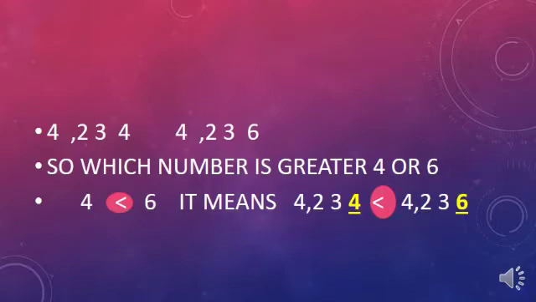So you don't have to take tension about how to compare and check the 4-digit numbers, the thousands numbers. How to check? Very easy: just compare both numbers on the same place value, then go to the next. Wherever you get a different digit, that place value and that digit you have to check, and you can get it very easily. So here 4234 is smaller than 4236.